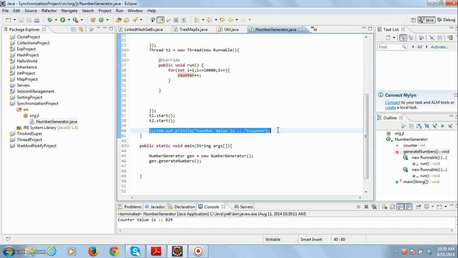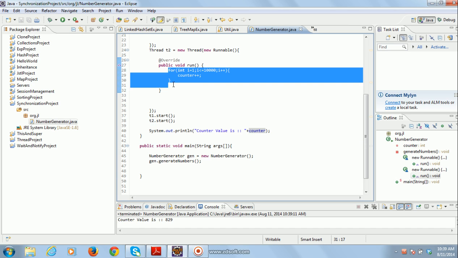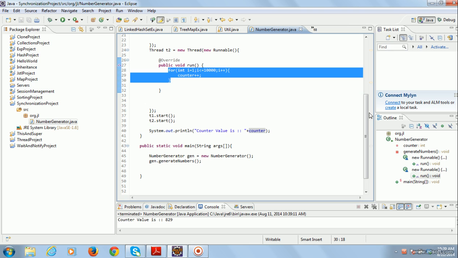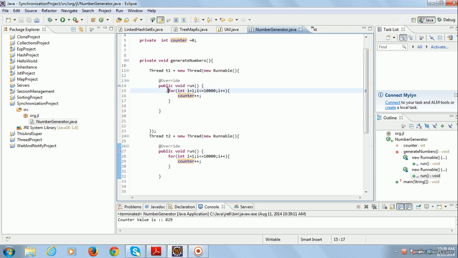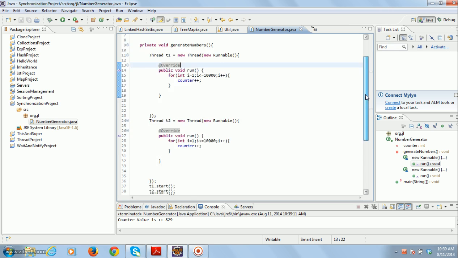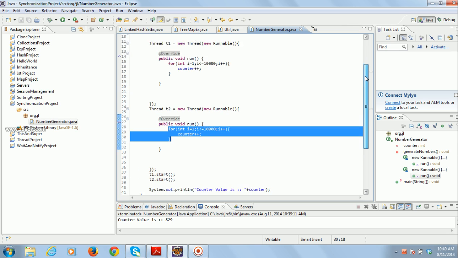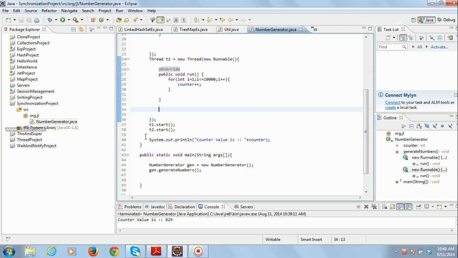The code in the run methods is executed by t1 and t2, while the remaining lines are executed by the main thread. So these three threads run simultaneously, and before thread 1 and thread 2 complete their work, the main thread gets a chance